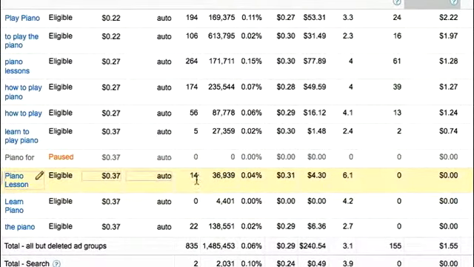So that means out of 14 people that have been to my website, not one person has opted in. That's not a very good opt-in rate. This one right here, I've had 22 people go to the website. They have not opted in. That's not that good. And then Learn Piano, I haven't had any action. If that was kind of a funky ad group like Play Piano by Ear, because I'm not really teaching totally by ear, then I would go ahead and pause that ad group.